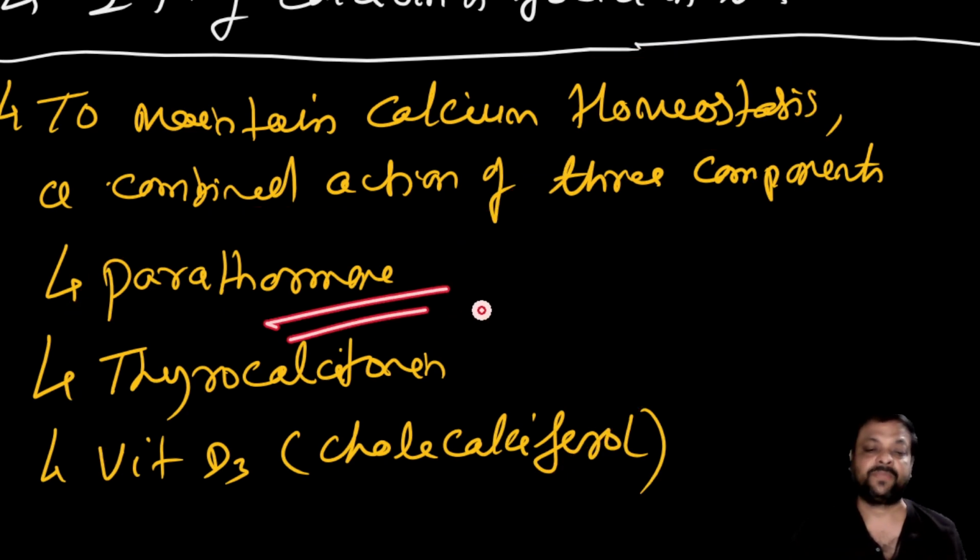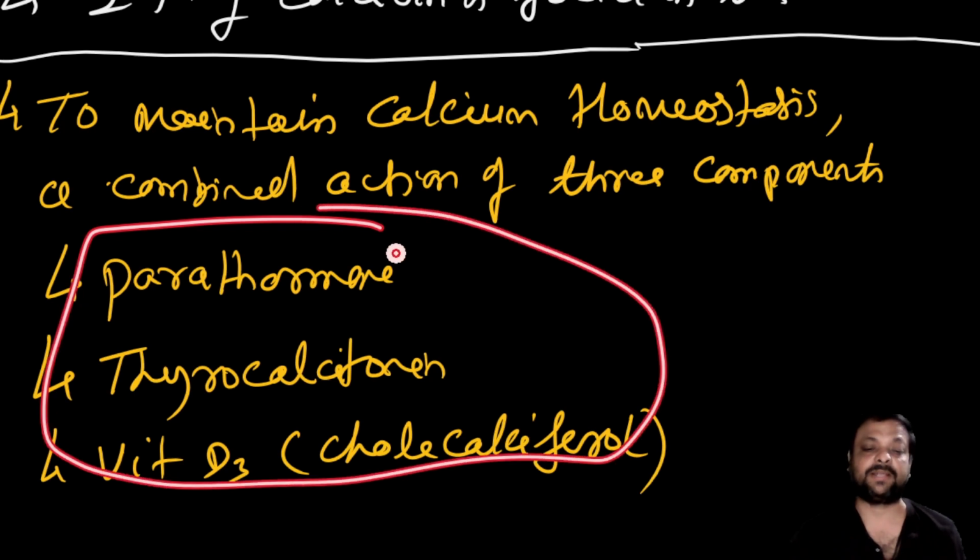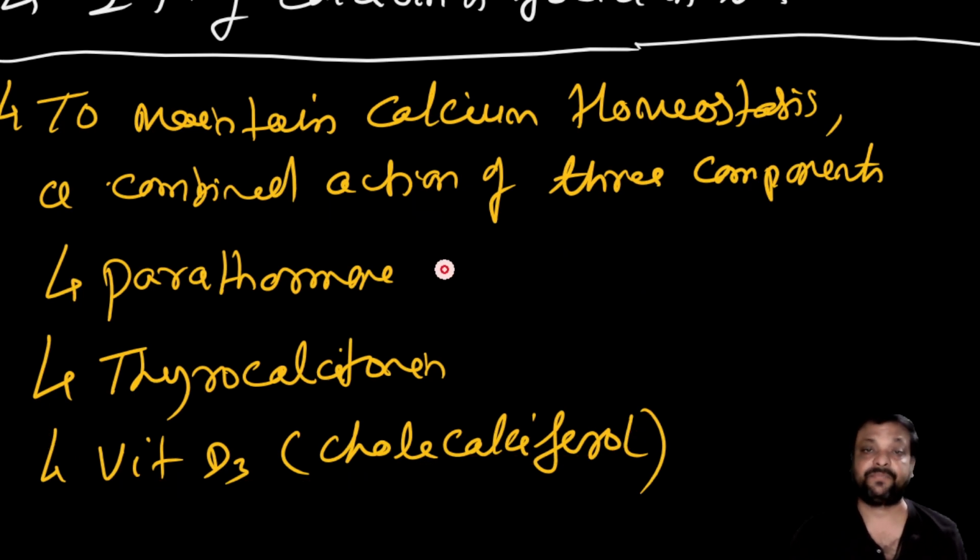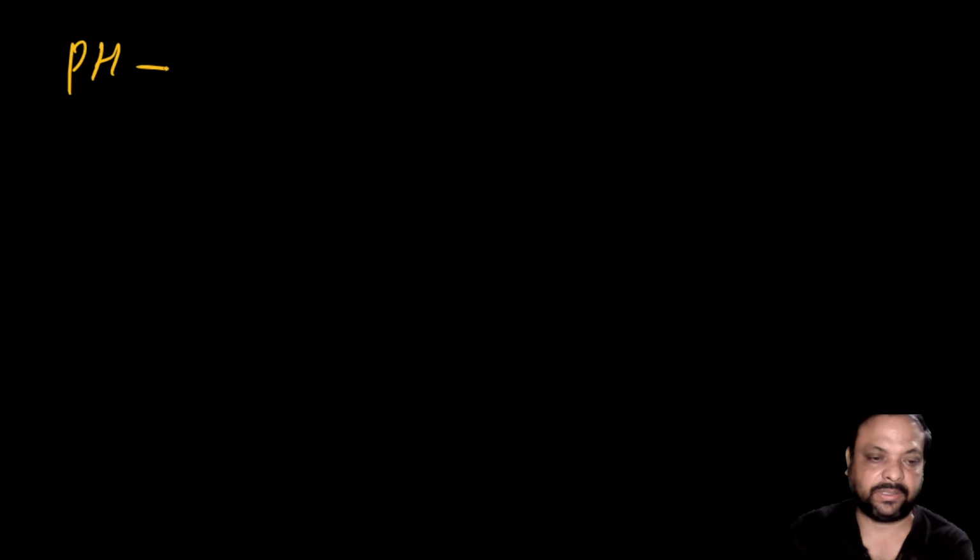Alone parathormone is unable to participate. We know very well parathormone and thyrocalcitonin hormones are antagonistic hormones to each other, but later we'll discuss about it. But normally, to maintain calcium balance, these three components are a must. Got it? Okay. So we have discussed the function of parathormone. Now let's discuss that these parathormone